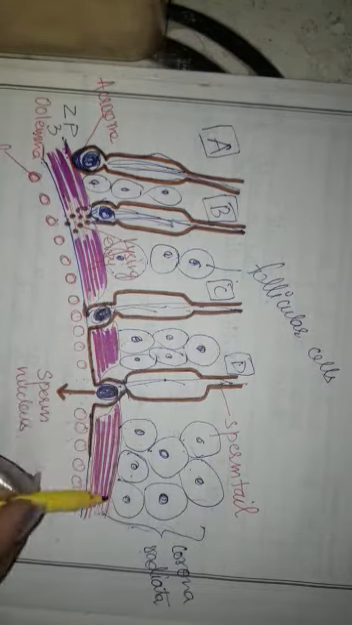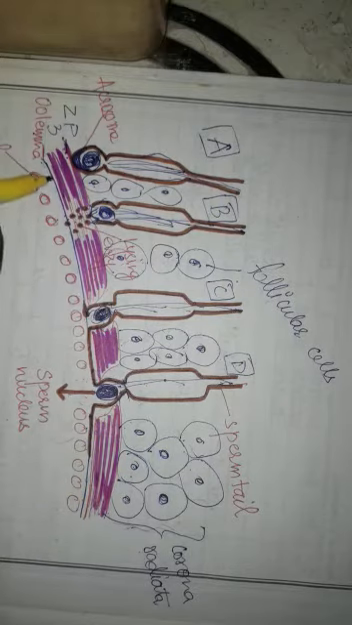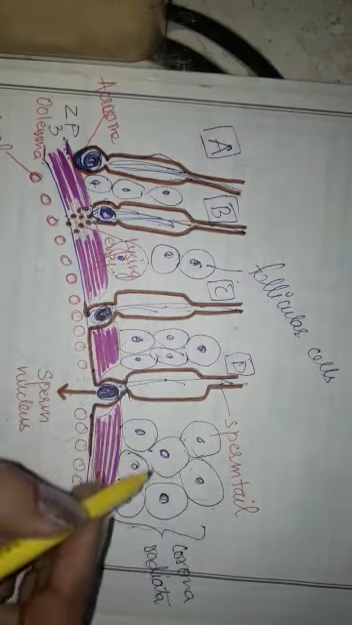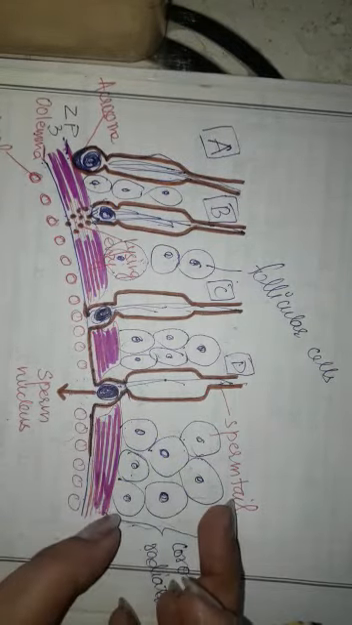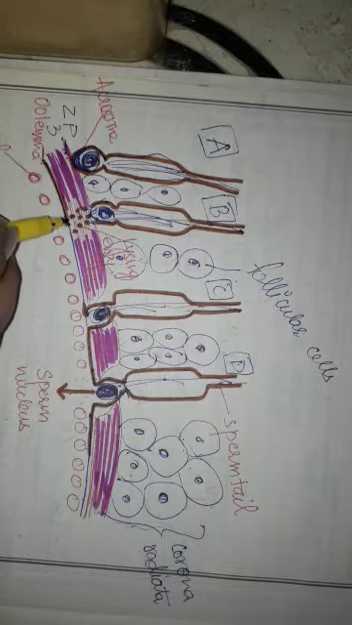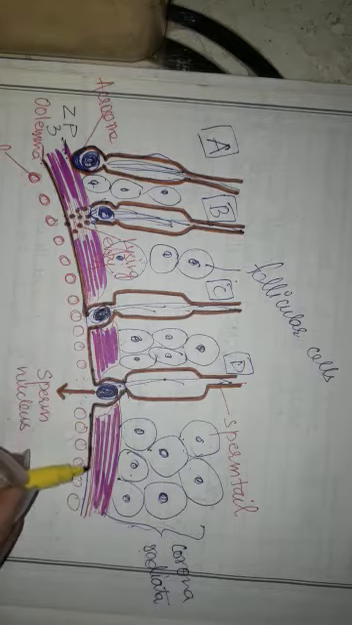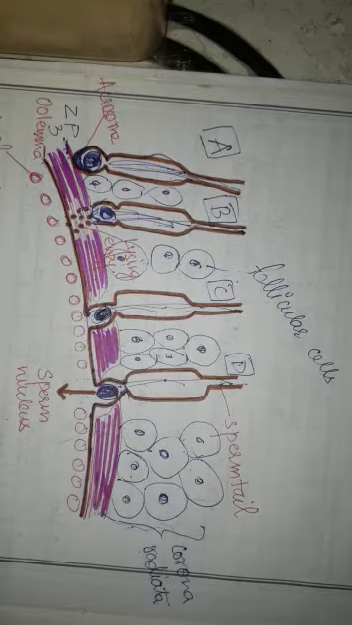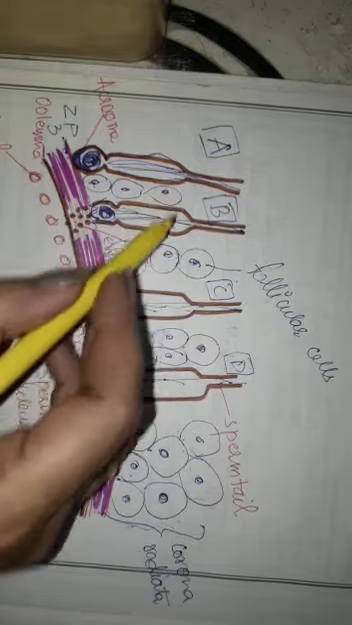This is the zona pellucida. This is the membrane of the egg, that is oolemma, and the follicular layer made up of follicular cells is the corona radiata. So we have corona radiata, zona pellucida, and the membrane of the egg, which is oolemma. Egg, when it is released in the fallopian tube, is surrounded by 2 layers, zona pellucida and